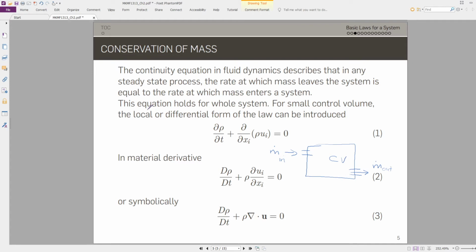So the continuity equation holds for the whole system, and for a small control volume, the local or differential form of the law can be introduced. Considering the material derivative,